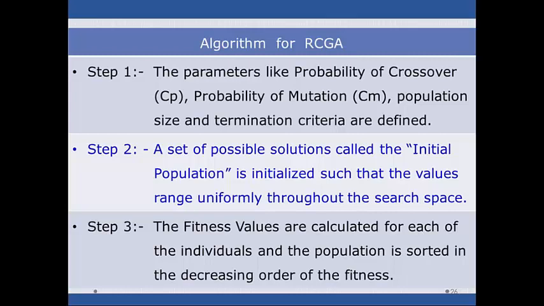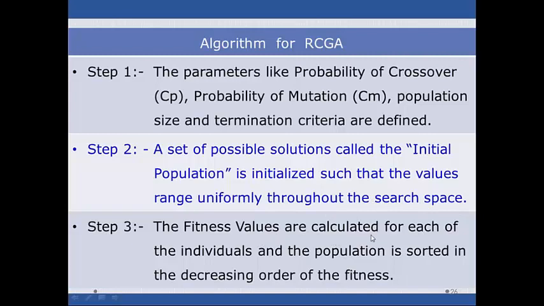Now, here we have to write the program for the genetic algorithm. This program can be written in any language. This is our choice. We can use C, Python, MATLAB, or whichever language we know. In that language the program can be written. I have used MATLAB for this particular problem. So using that program, initial population or initial solutions are generated uniformly throughout the search space.